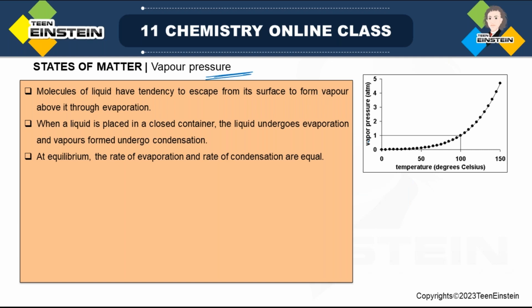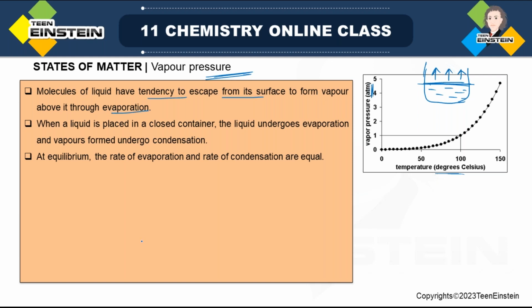Here we have this graph. You can see vapor pressure in units of atmosphere is taken on the y-axis, temperature in degrees Celsius on the x-axis. So when temperature is increasing, vapor pressure is also increasing. Molecules of a liquid have a tendency to escape from the surface. So suppose we have a container with some liquid, and there will be a tendency from its surface to form vapor above the surface through the evaporation process, that is conversion from liquid